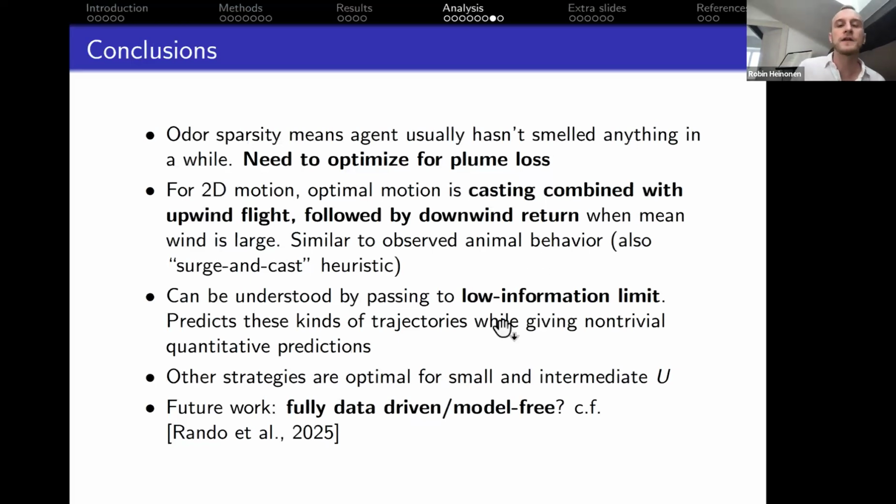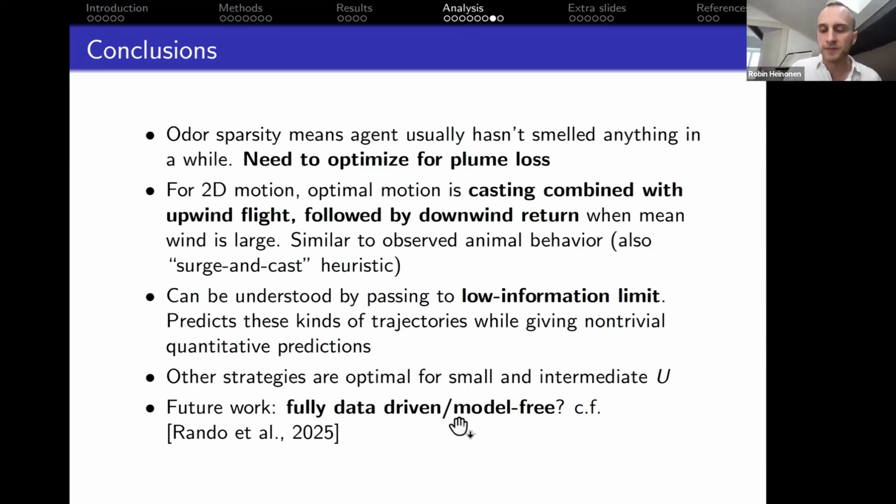And we can understand all this by passing to the low information limit of extreme sparsity, which not only predicts these kinds of trajectories, but also gives us some non-trivial quantitative predictions, such as the arrival time PDF. So I'll mention finally that a future target for work is